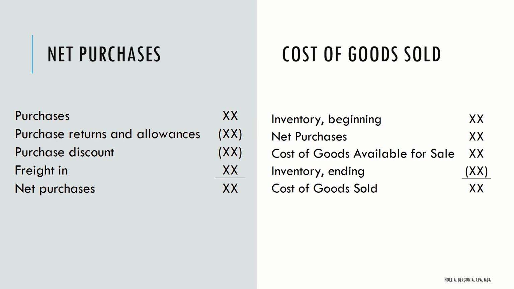Okay, so to summarize yung diniscuss natin about cost of goods sold. Una muna sa net purchases, 'di ba? We have the purchases, okay? And then we less the purchase returns and allowances because there would be possible returns by the buyer. Then we have also the purchase discount, availment of the cash discount within the discount period.